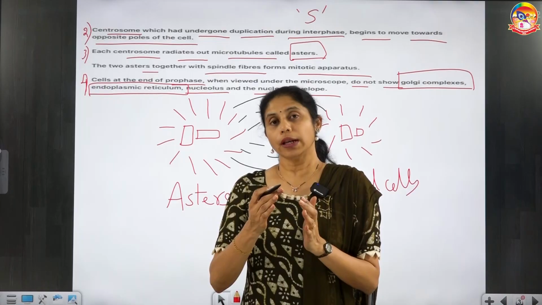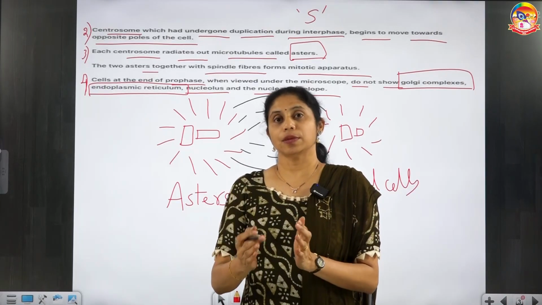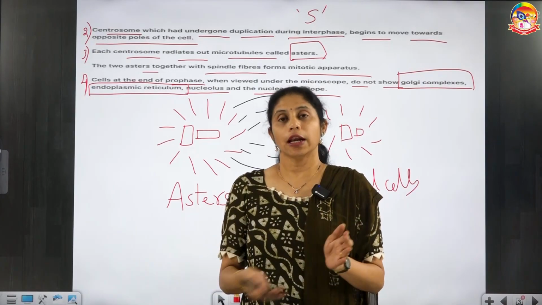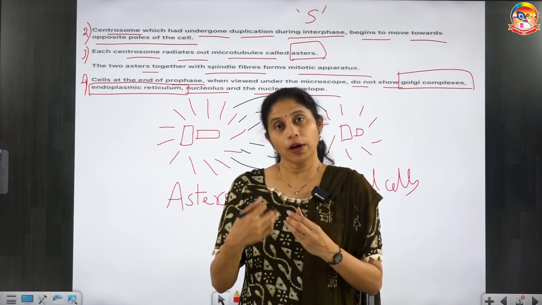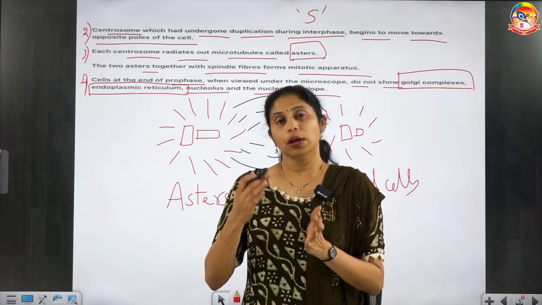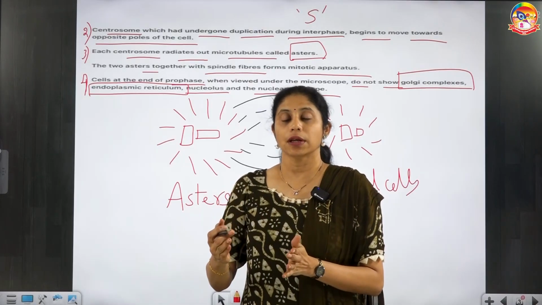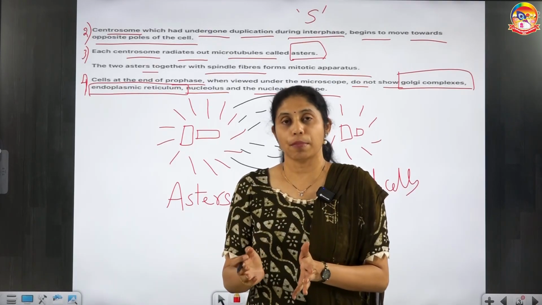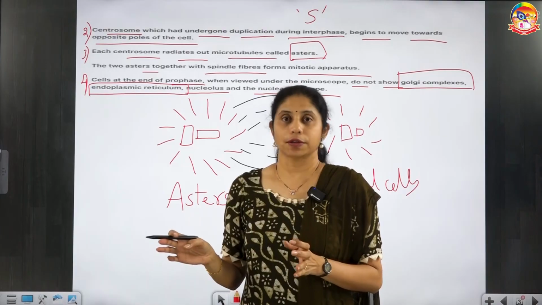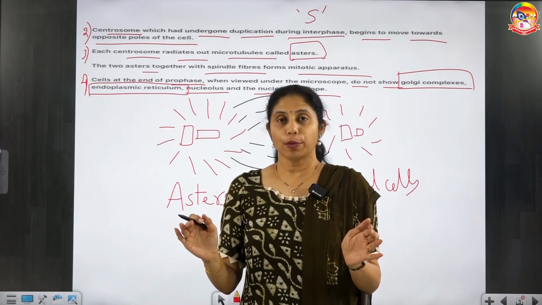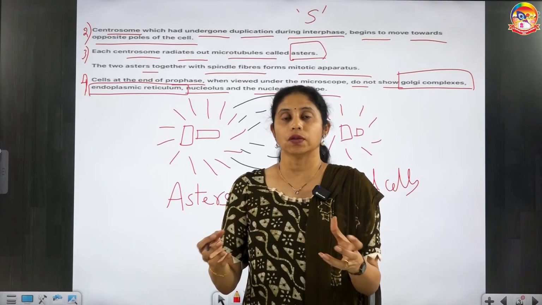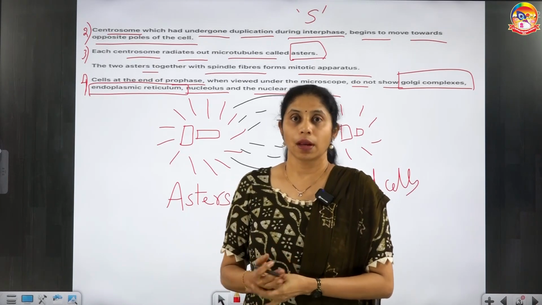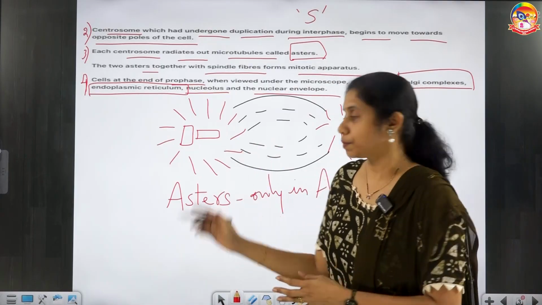Okay, but there is no clear-cut difference between the prophase and metaphase transition because it is a continuous process. It will be happening continuously. For our convenience, we are dividing them into the perfect stages like prophase, metaphase. This is the beginning of the prophase. This is the end of the prophase, like that. But you have to remember one thing, that it is a continuous process. Okay. So by the end of the prophase, the chromosomes got released or scattered into the cytoplasm as nuclear envelope disappears. That is the ending of the prophase.